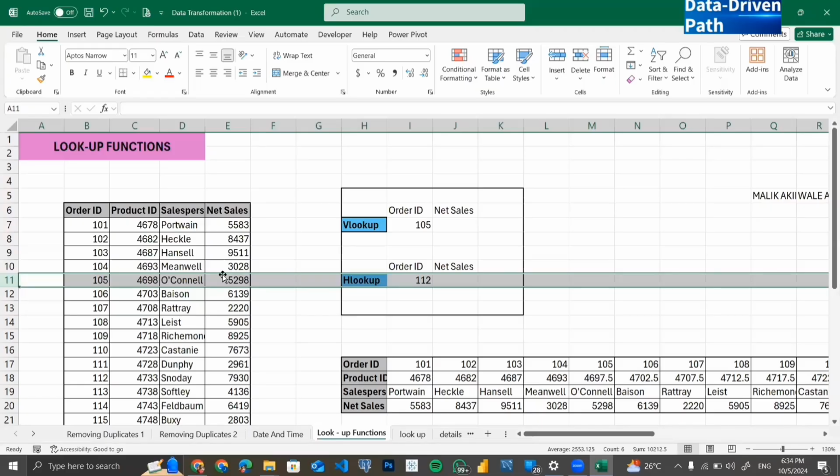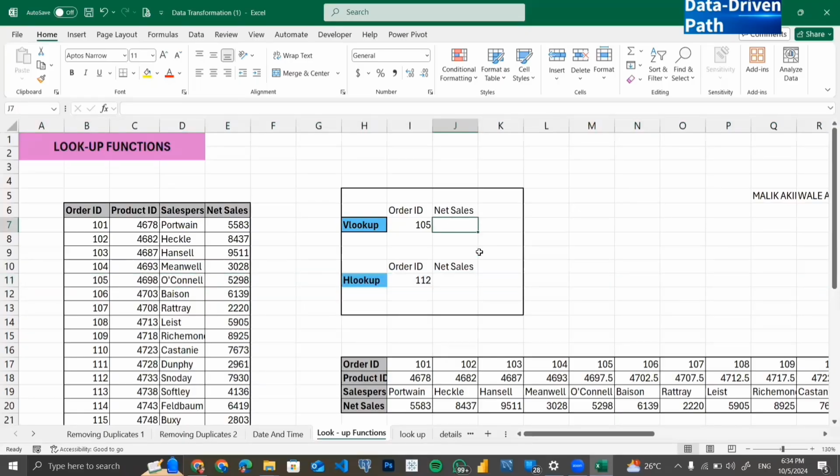All right. So let's go ahead and explore using the VLOOKUP value, and then I'll show you some simple tricks that make it even a bit more interesting using data validation. So let's see. Net sales. So this is where I want the net sales value to always show. All right. So I'm going to start with an equal to sign,